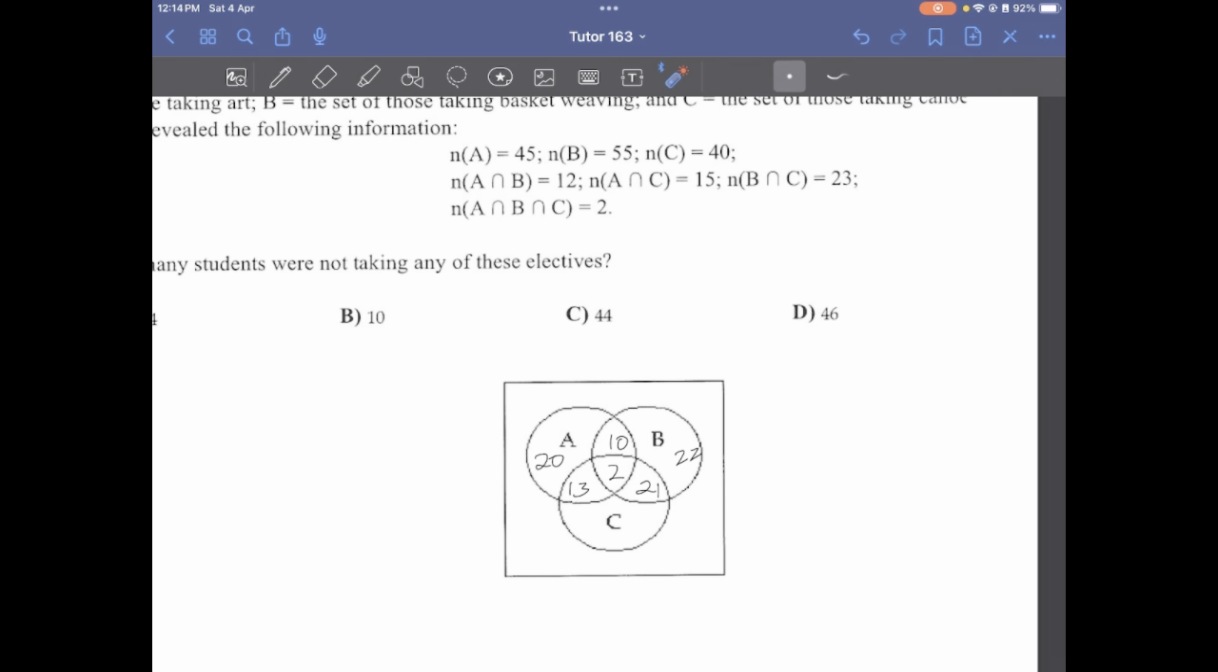Total number in C is 40. So you're going to subtract 13, you're going to subtract 2, you're going to subtract 21, left with 4. When you add up 4 plus 13 plus 2 plus 21, that is 40, okay? So now,